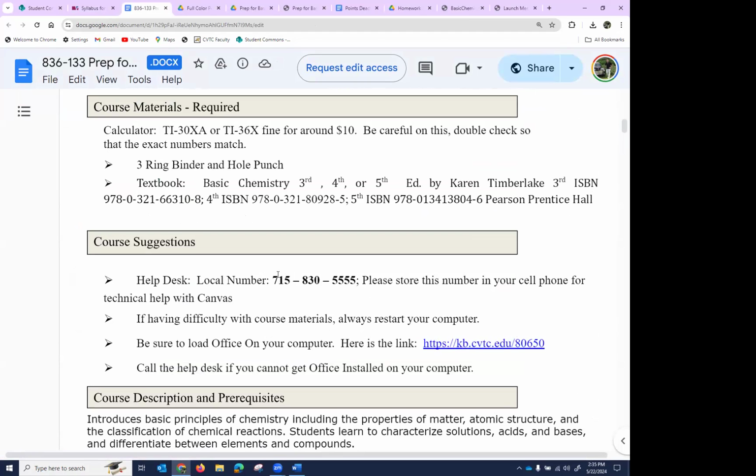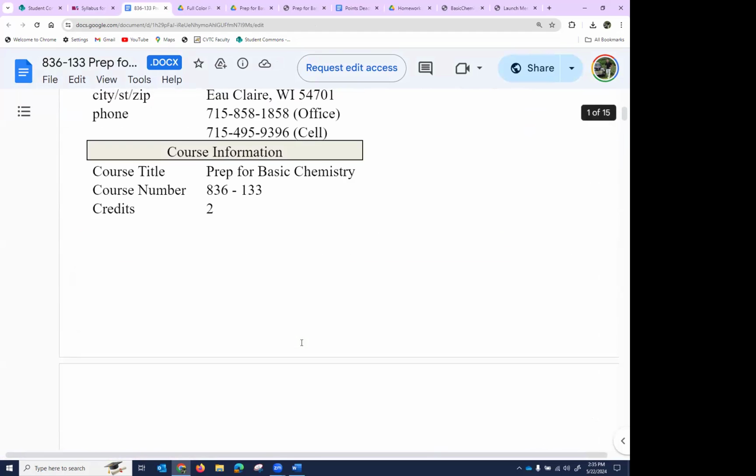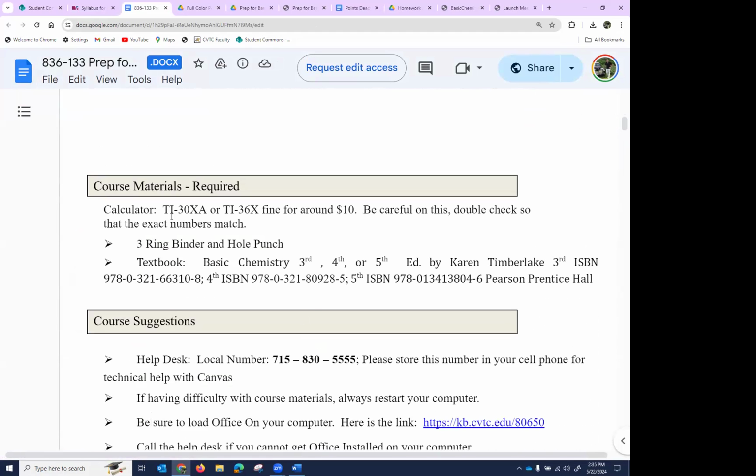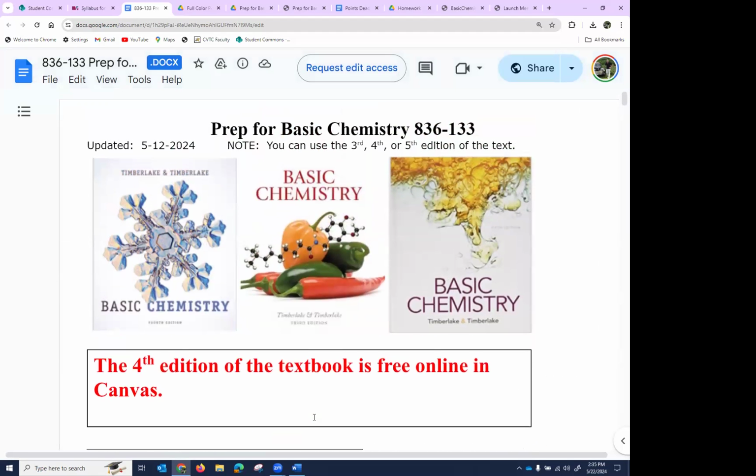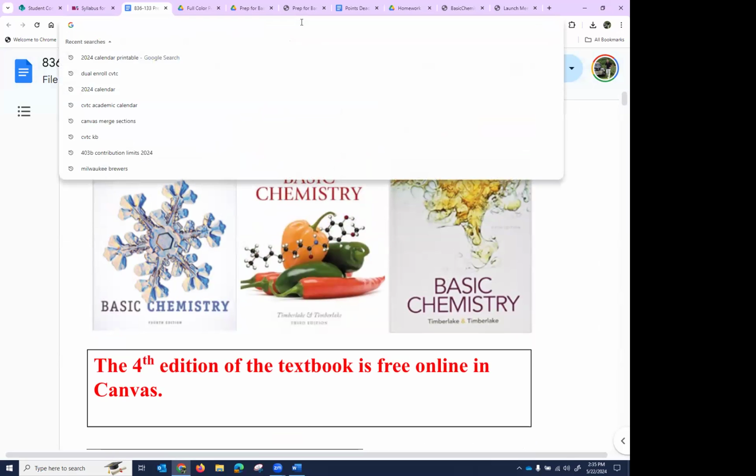So get Office 365 installed so you can get everything in Word and PowerPoint, whatever it takes. And if you cannot get Office installed, call the help desk. And you need at least a TI-30XA calculator. That's what I used on the screen. So TI-30XA. And if you want a hard copy of the textbook,